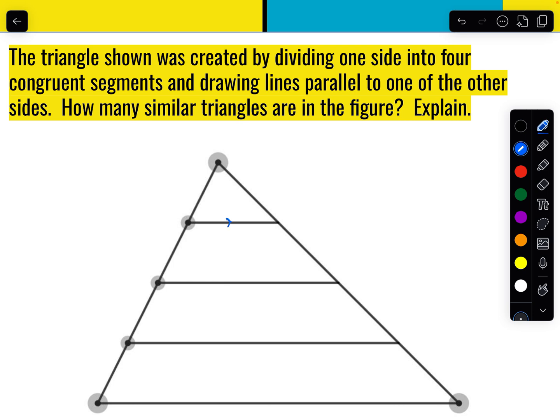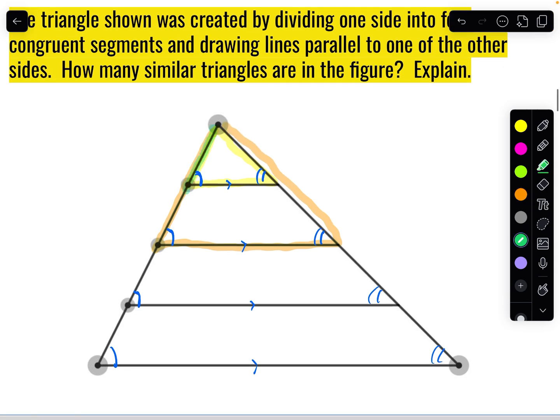Well, since these are all parallel to each other, we know we have a bunch of corresponding angles. Those are congruent. And then on the other side, we also have a bunch of congruent angles. So if we look at all the similar triangles, there's one similar triangle, and then if we go down 2 and 3 and 4. So we have 4 similar triangles here,